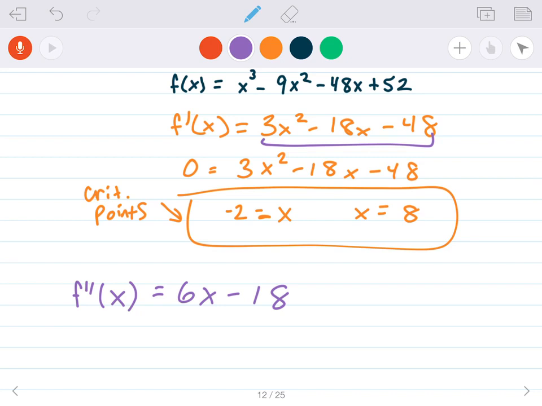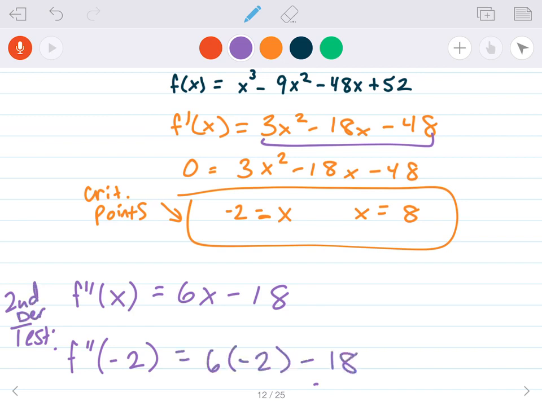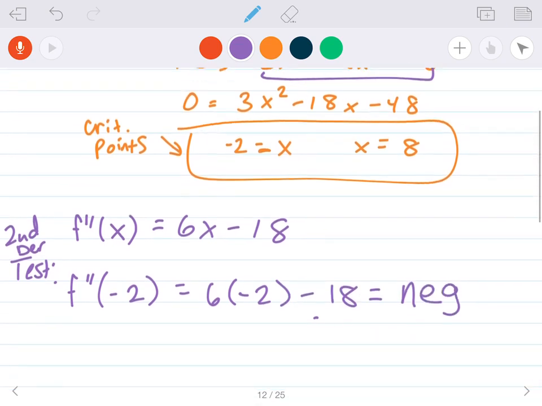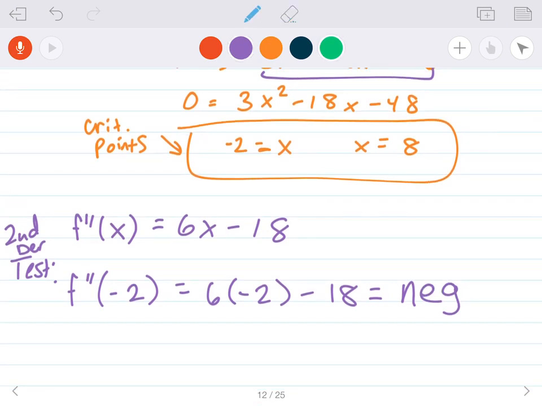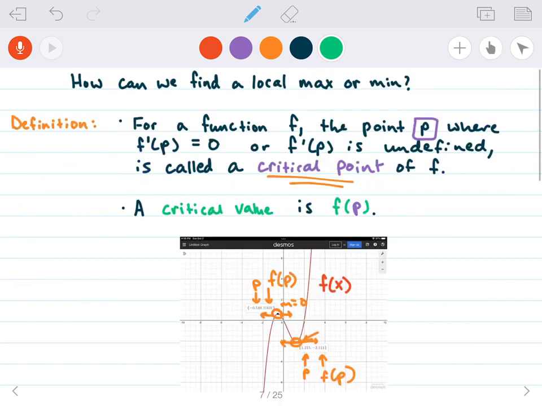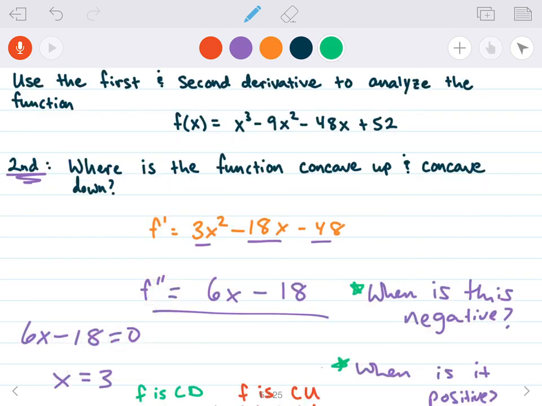All right, so first of all, f double prime, let's test -2. The second derivative test is telling me that this is going to be 6 times -2 minus 18. This is negative. And so that tells me, therefore, -2 is a local max. All right. And we can confirm that, right? Because,